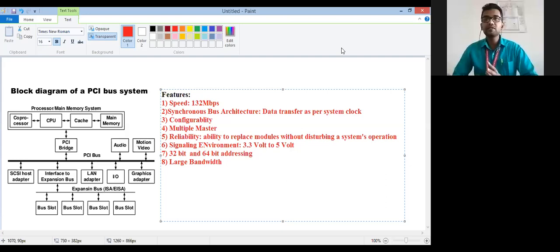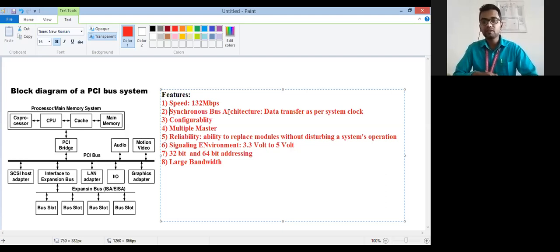Like I said previously, this is a synchronous bus, which means the data transfer takes place according to the clock. So within one clock, 64 bits of data is transmitted at a time. So PCI bus provides a bus architecture which also supports peripherals and devices such as hard disk and network cards. So a single bus can be used to connect the memory card as well as the adapter cards. So memory and adapter card both are connected using the PCI bus only. So it is a new type of bus architecture.